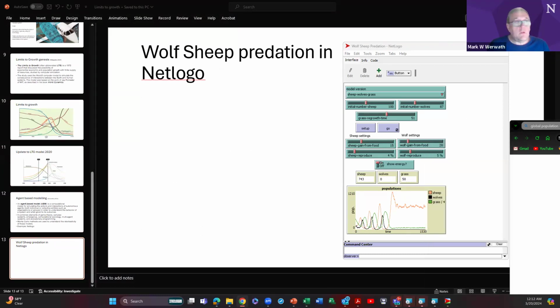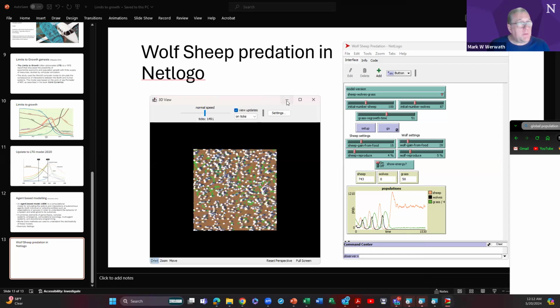So this is the wolf, sheep, grass model, right? So what does this mean? It basically is a simulation of three basic elements in a fixed, finite ecosystem, okay? It's closed, as a closed system. Each component, the sheep, the wolves, and the grass, all operate independently of each other.